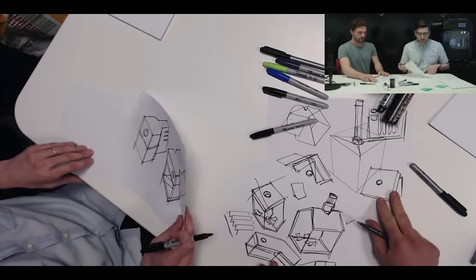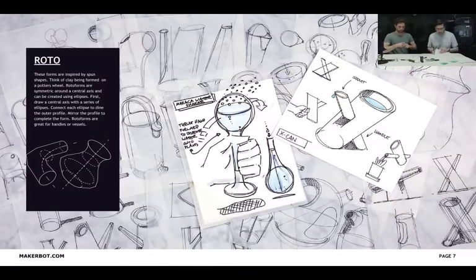Let's move on to rotoforms. Why don't you give the background and I'll get the models. Yeah. So rotoforms, as I was discussing earlier,